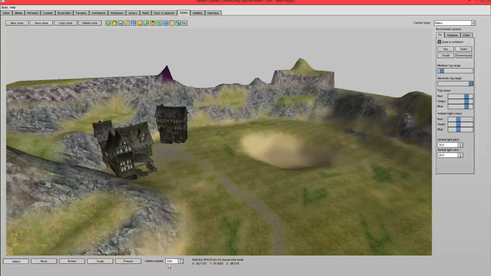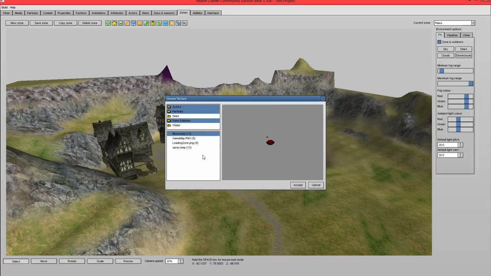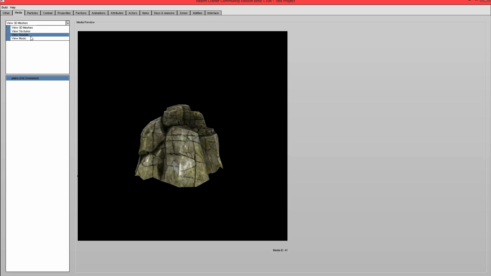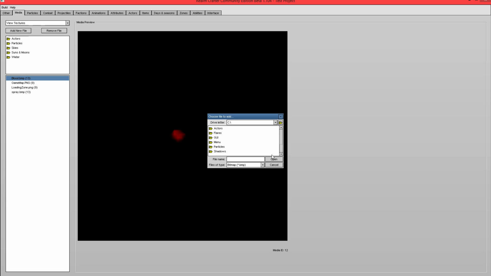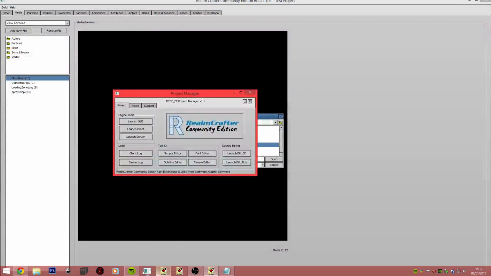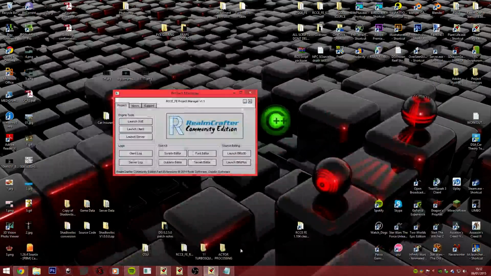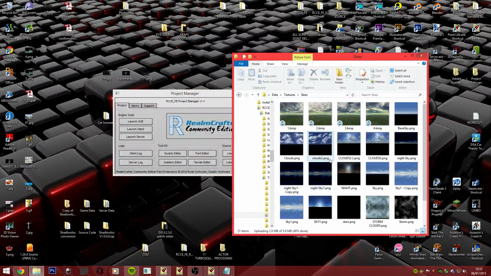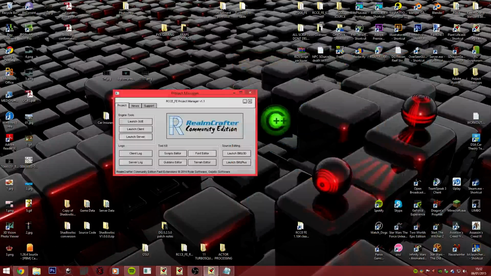Go back into the engine. Because we've just added them, if you notice, they're still not there, and that's because we haven't imported them. So we go back to the Media tab, and we go on Textures. We're going to add a new file, and we're going to re-import the entire skies folder. We want that on PNG, I believe. What file type were the things? They're all PNGs, right. So yeah, you want to select the PNG file type,